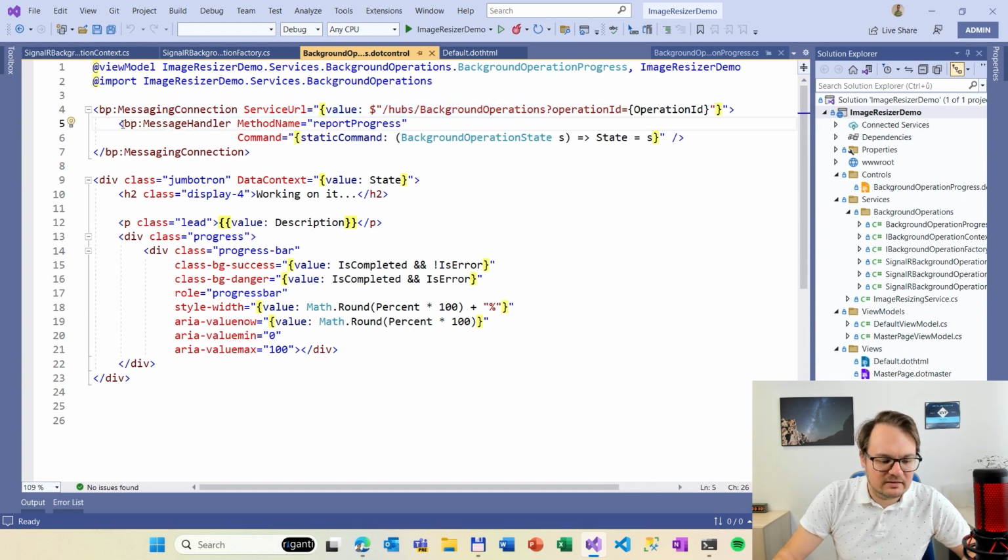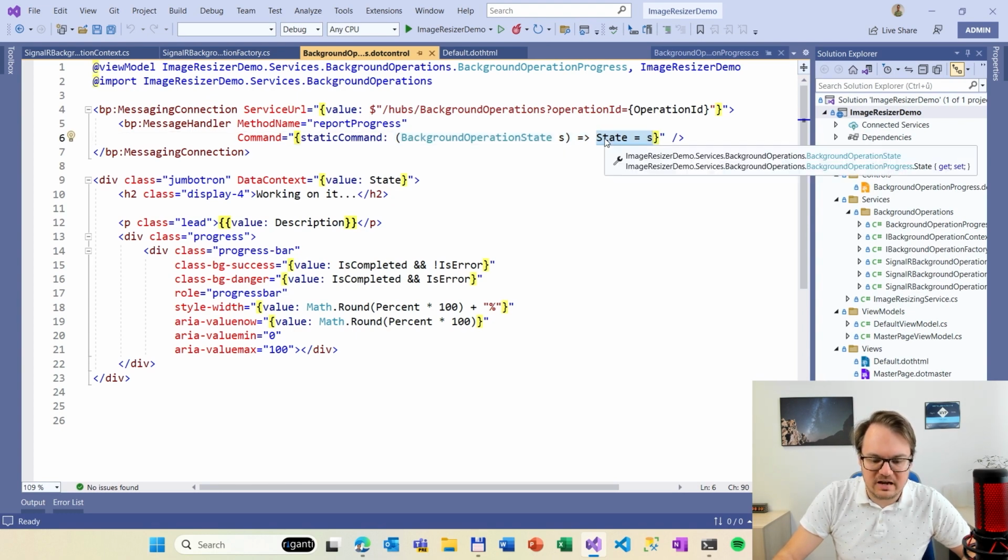And then there is the message handler, which says if a report progress method is called, do this action. So I'm basically passing a lambda here. I say I will get 1 parameter of type background operation state, and when it comes, I will apply it to this state property. That's why I had to split this